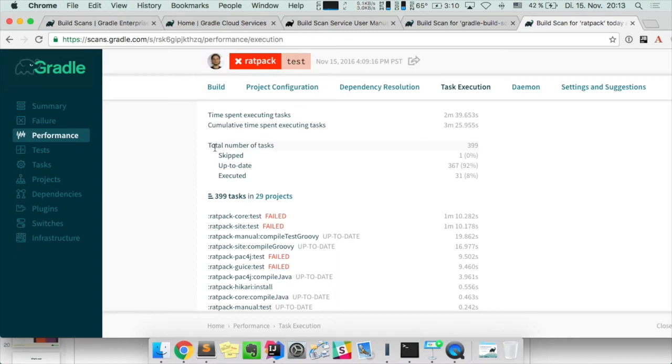Does that make sense? That distinction make sense? Yeah, okay. So the total number of tasks, something else interesting to know, how many tasks were in this build,